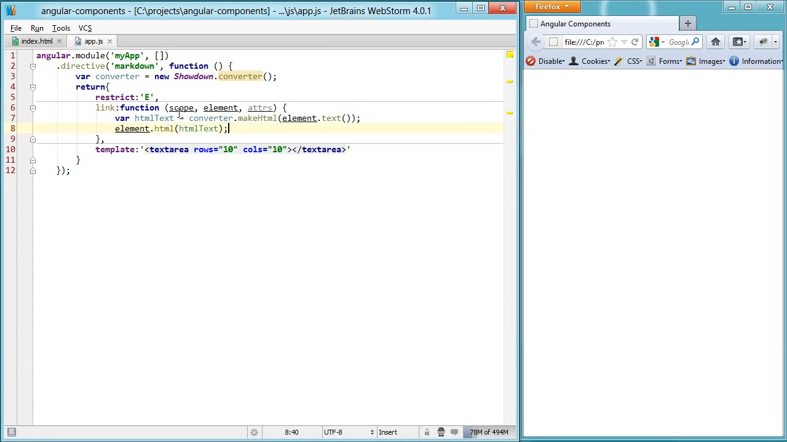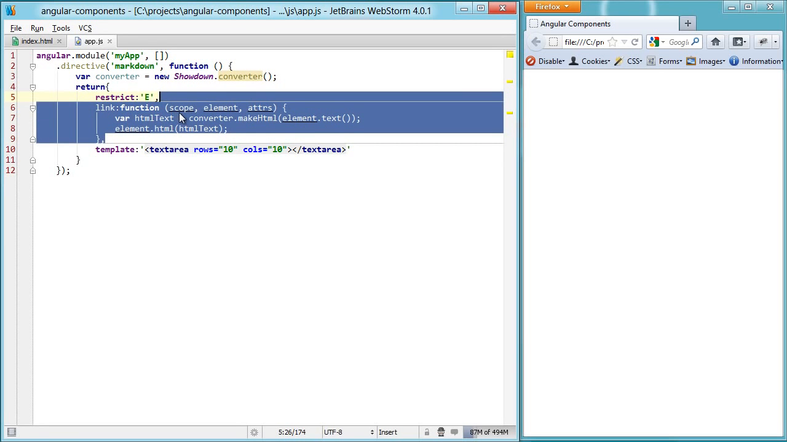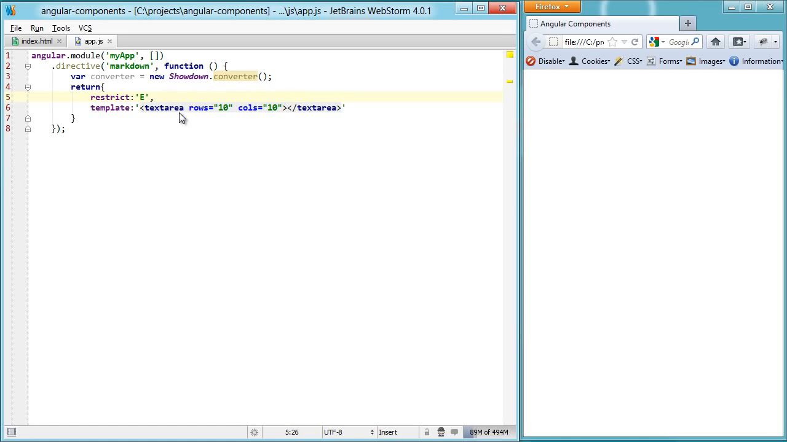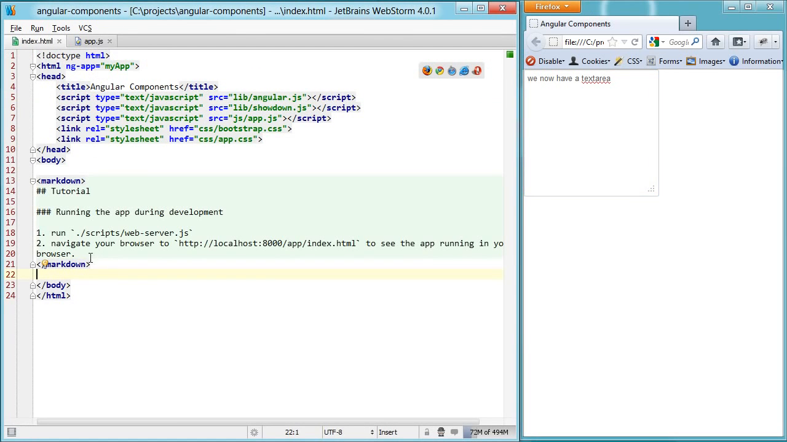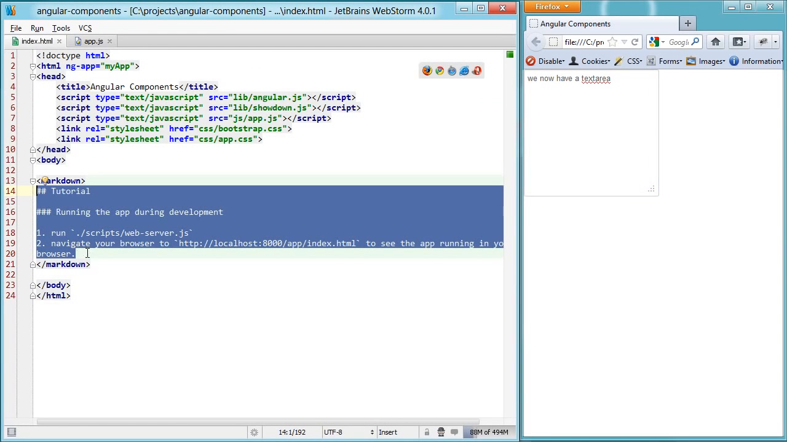So while the linking function is great for things like adding watchers to the scope or adding properties to the scope to expose them to the HTML, or manipulating the actual DOM element, accessing the attributes, it's really not the place where you can do any sort of template manipulation. So I'm just going to delete the linking function for now, hit refresh, and you'll see that we now have a text area. So this is great so far, but what we need is this Markdown content so that we